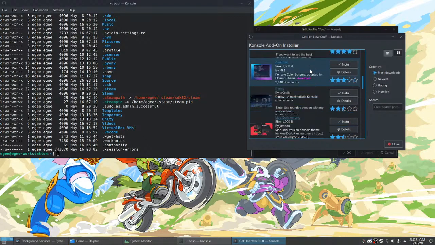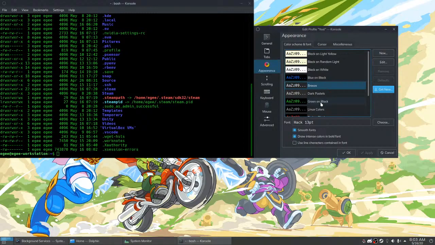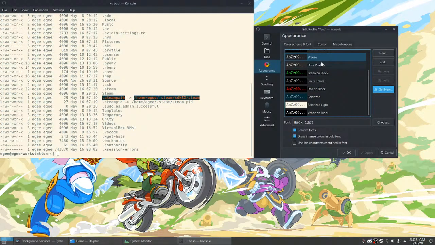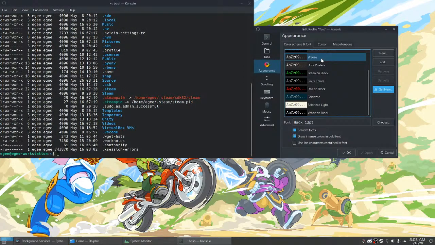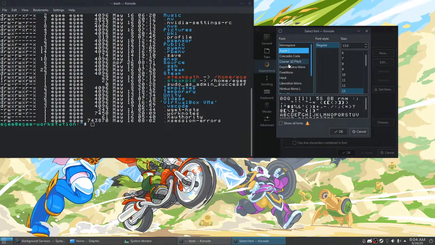Look at this. Like the KDE rabbit hole just keeps going and going. Like we could be here for hours just going over all the stuff. The green on black is great. Right here. You like that? Wow, the green is kind of hard on my eyes. Yeah, I don't know. I like this. Yeah, that's the default, I'm pretty sure. And I believe it does that with, yeah, you can change up your fonts while we're sitting here. Oh, there you go. How's that? Does that look good?